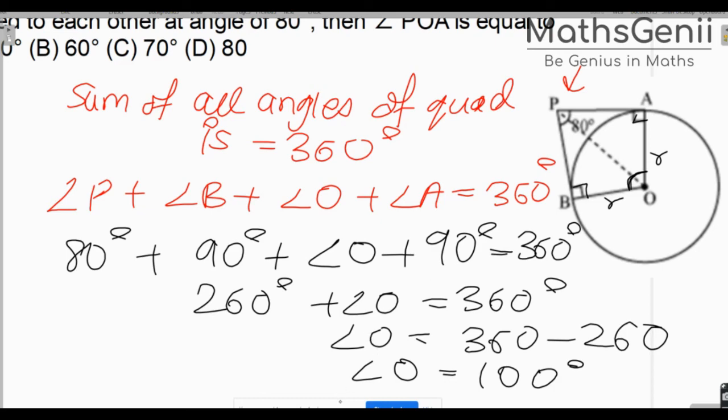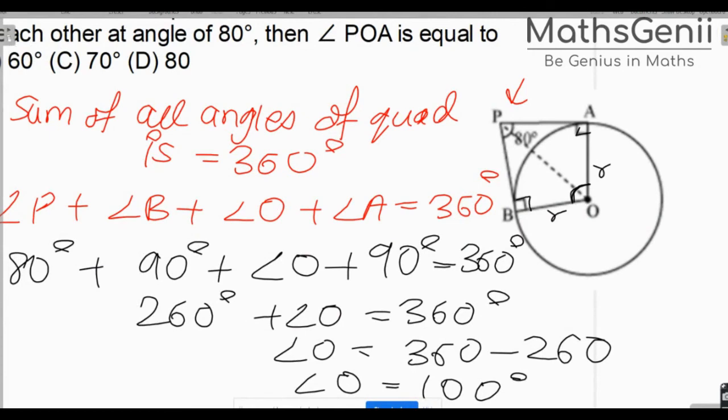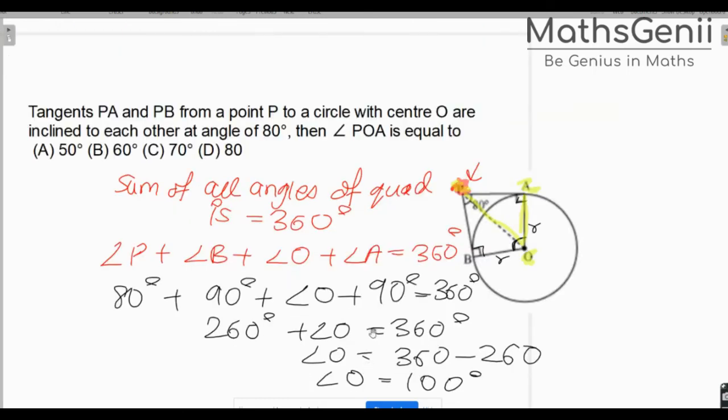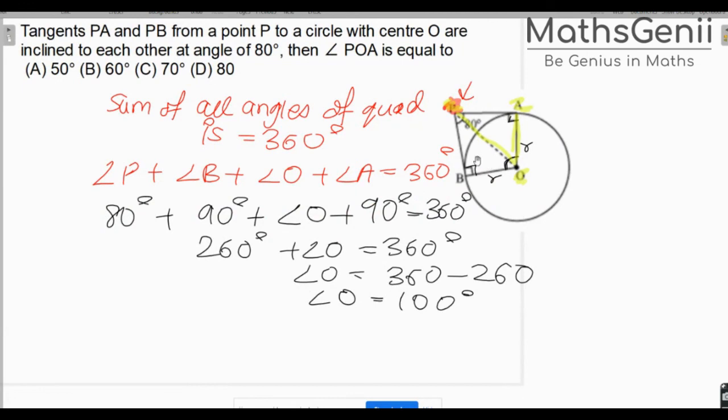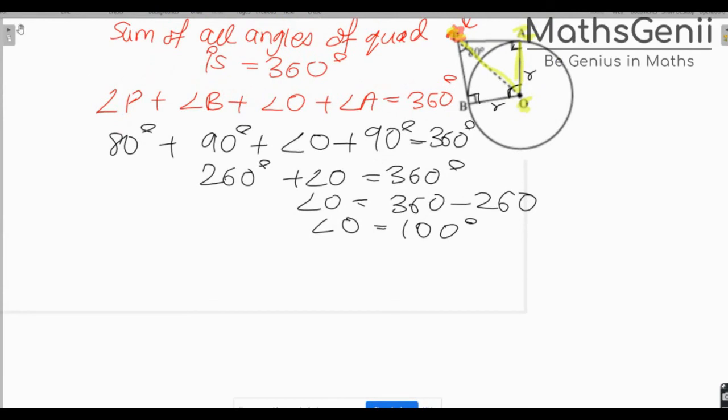But he did not ask me this. What did he ask? He's asked me POA. So where is P? P, O, A. So POA, this I want to find. This whole is 100 and I have to find that. I can say orally that if this whole is 100, then this is 50-50. But I'll have to prove that, right? So we'll have to prove that.